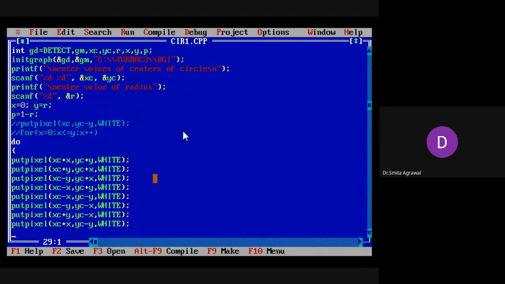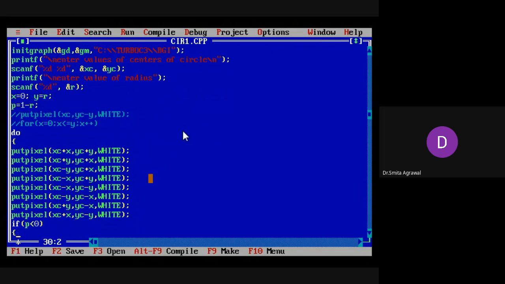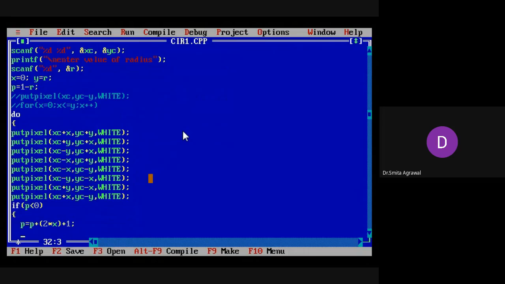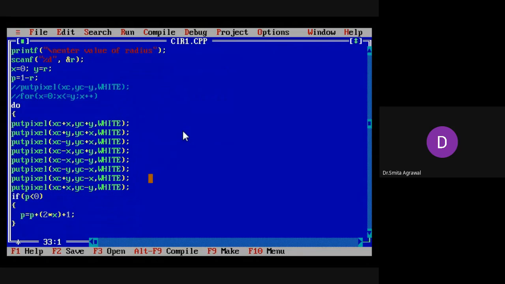After that, we check the sign of the decision parameter. If the decision parameter is less than 0, then the updated value of the decision parameter will be p plus twice of x plus 1, as we have discussed in the theory class.